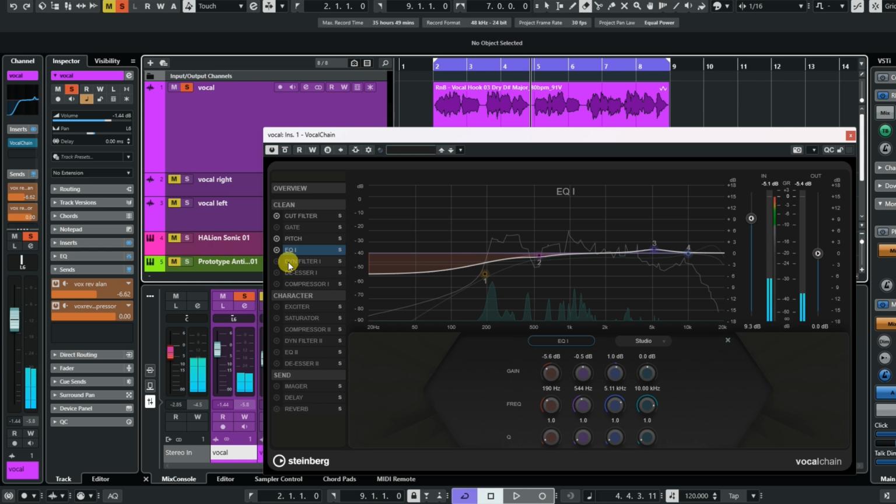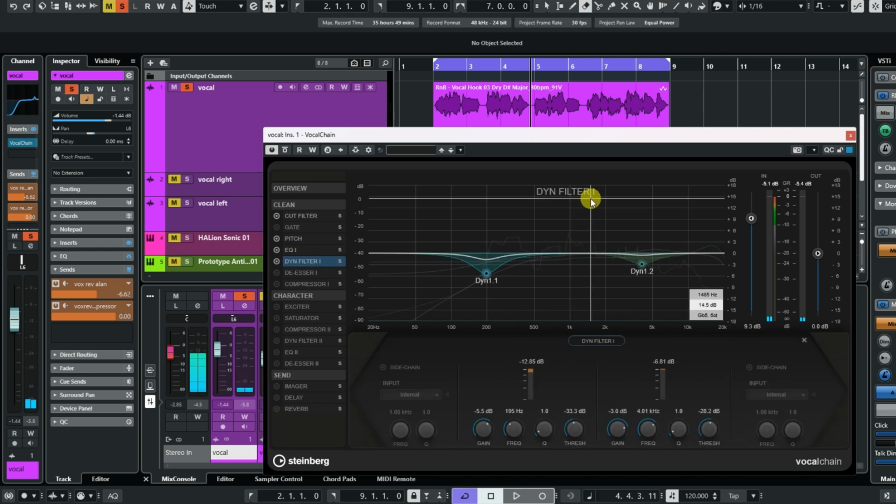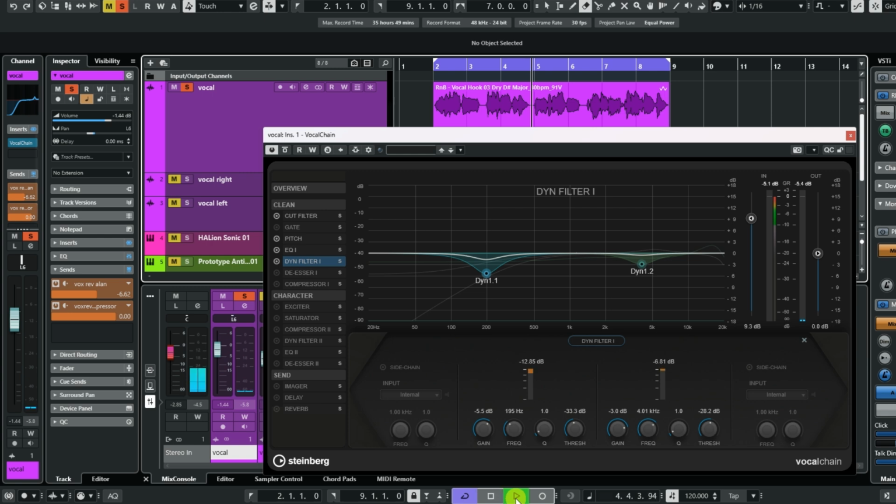And you can hear the difference. Next, I have a filter, and I have this one set at 200, and I have one set at about 470. And as you can see, I have the threshold set on these to about minus 20, minus 28 and 30, and you'll see it working. And if I press play,